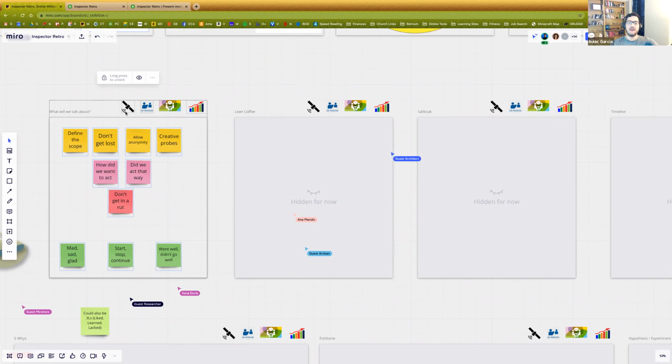Remote. Can you do this remote? Absolutely. For anonymity, you need the right tools, and you've got to be ready to facilitate the meeting and make sure that your people are engaged in the conversation. If you set the stage correctly, they should be involved and they should be tracking with you. If you have cameras on, you can see heads nodding and people looking at you, not people playing with their phones, right? So remote, you need the right tools to facilitate that.